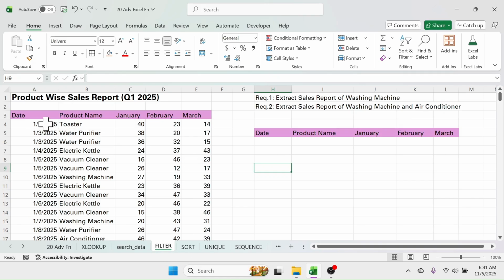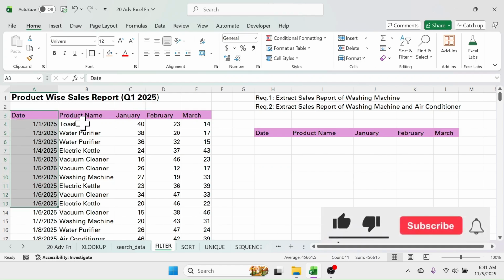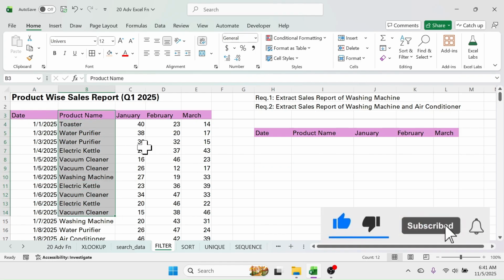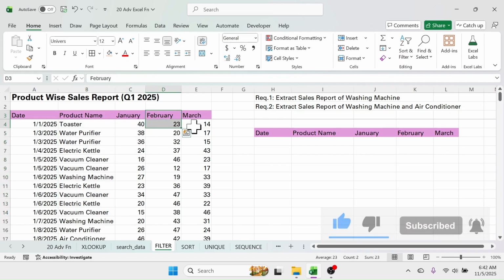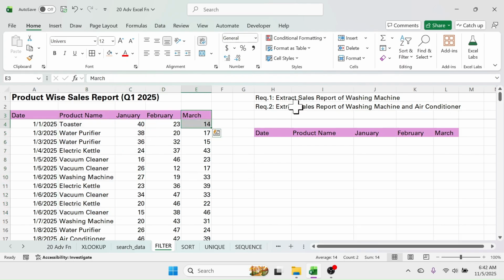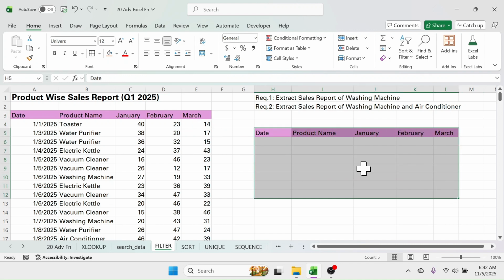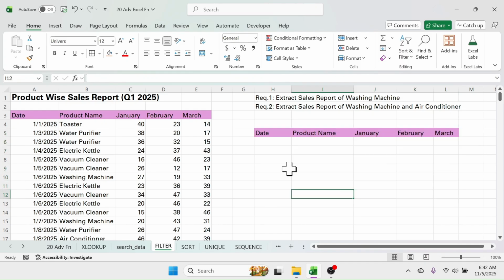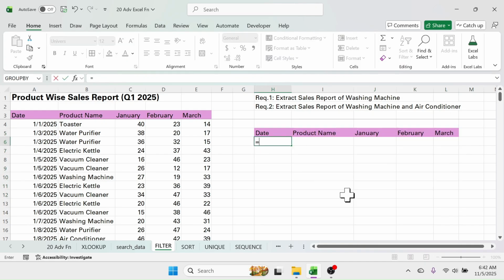In this sheet I have the data of product wise sales report that has the date column, product name column, and the sales quantities in January, February and March. The requirement here is to extract the sales report of washing machine only here in this range. In that case, I can use the filter function. In this cell, press equal to, type the filter function, bracket open. In the array parameters, select the data by excluding the column headers,